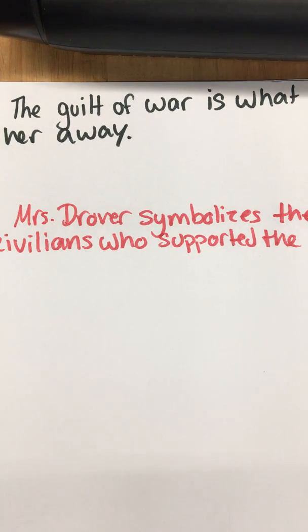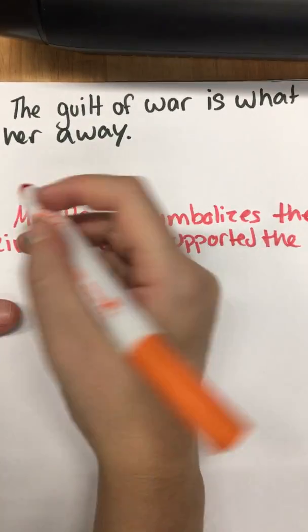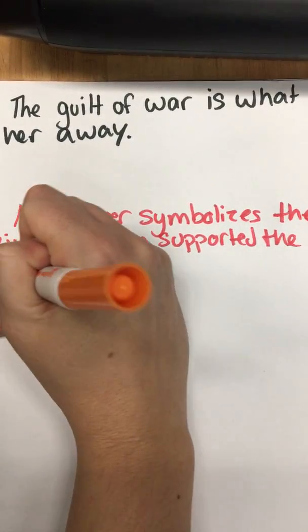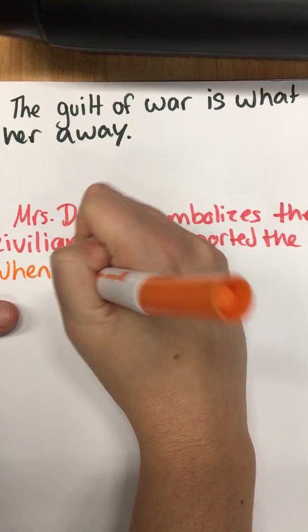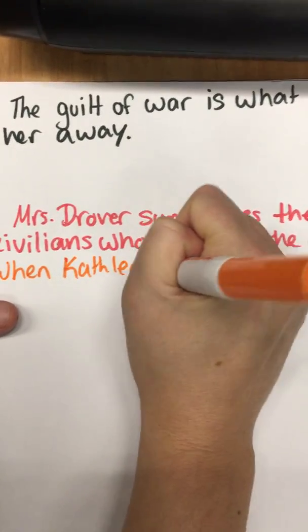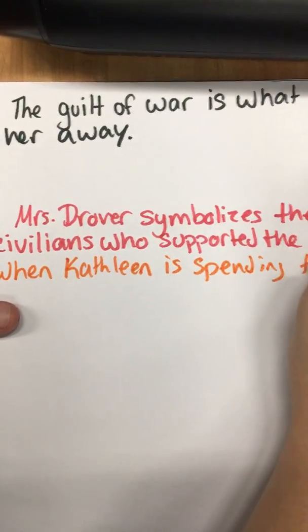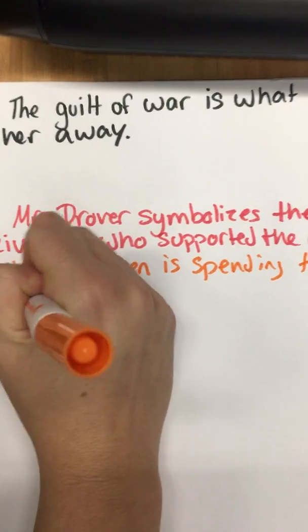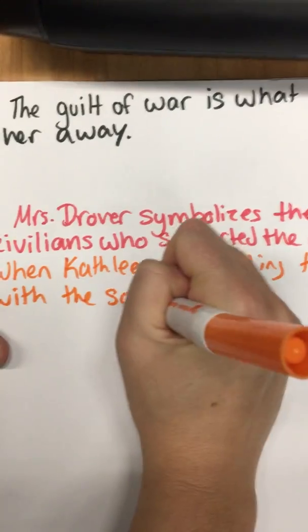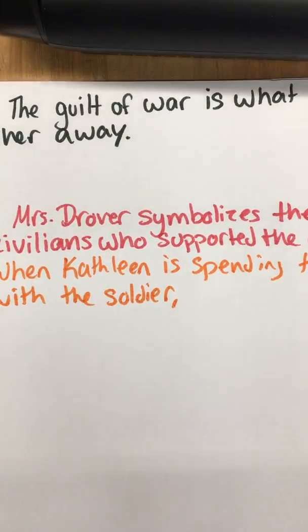So I am going to have my bridge. This is going to be an embedded quote. When Kathleen is spending time with the soldier, and that's it. That's all I need for my bridge. I've introduced the who, Kathleen, and the when, spending time with the soldier. So now I can go into my